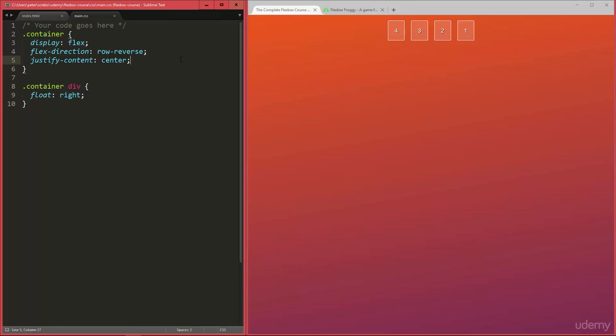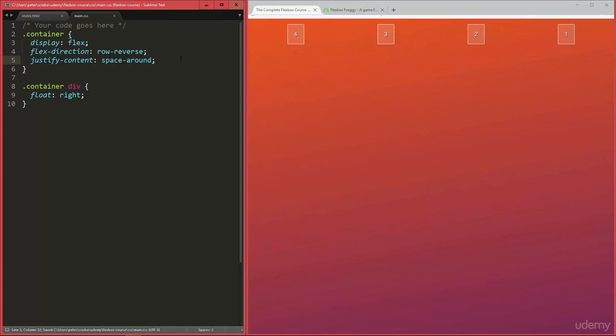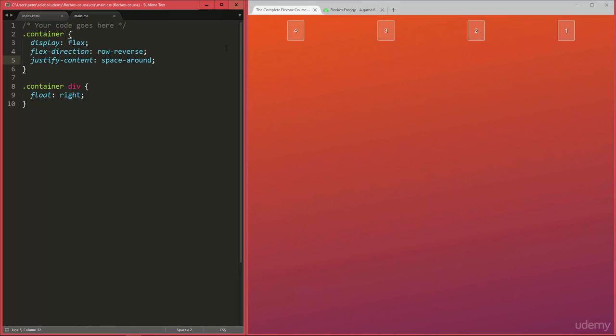Now for justify content, there are actually 2 different ways to space more evenly between the flex items. And the first one is called space around, which is going to create, well, spacing around all the items. So now each of those, like let's say this one here, has the same spacing to the left as to the right. And then there comes the next item here with the spacing to the left and to the right and so on.